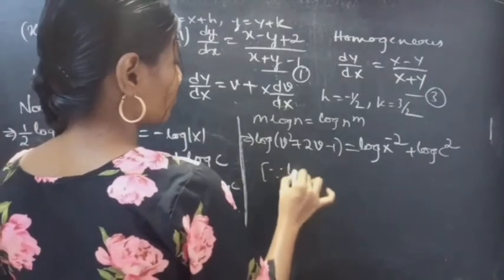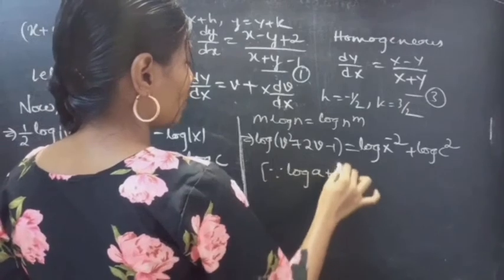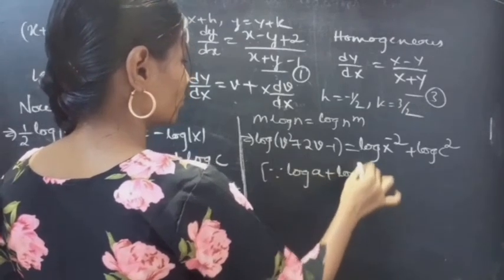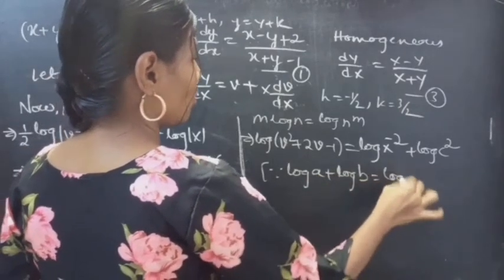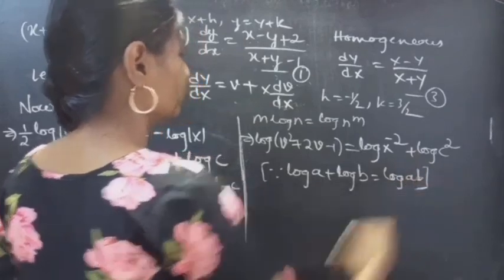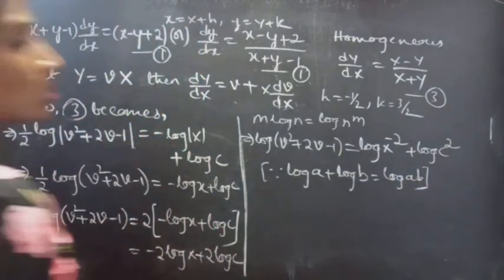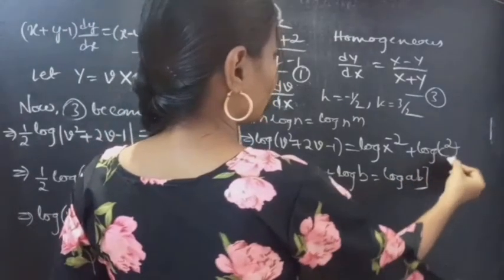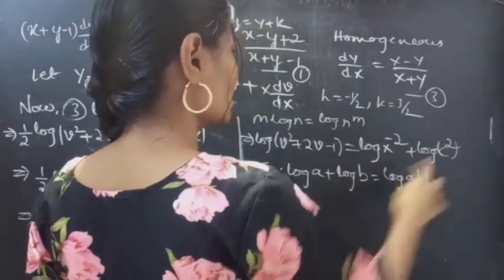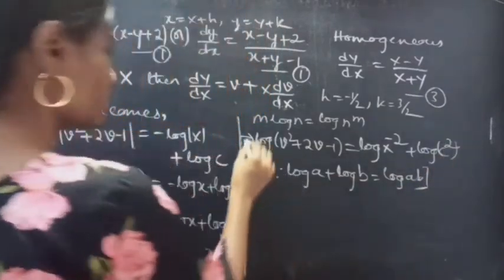Since we know that log a plus log b equals log ab, or firstly you can write c square as c, since c being constant, then this becomes